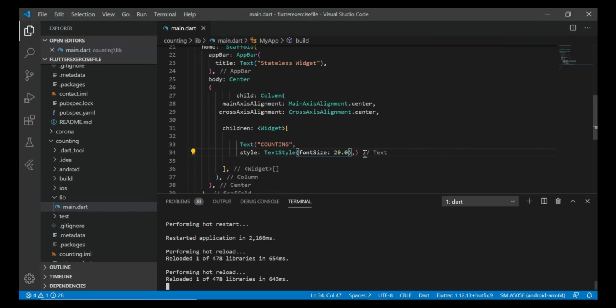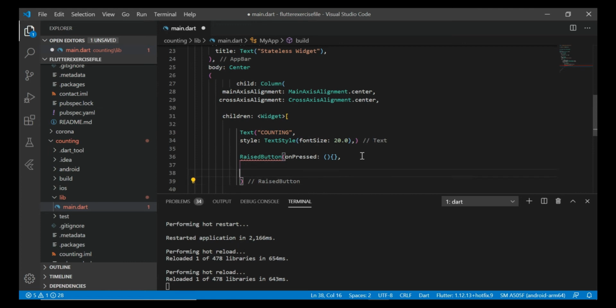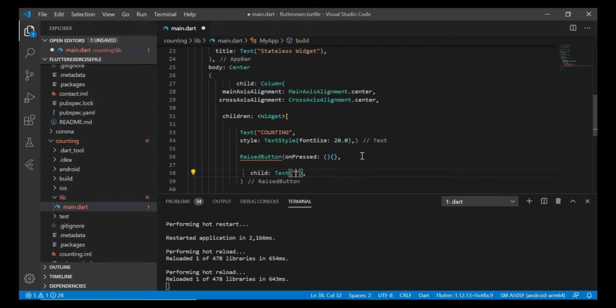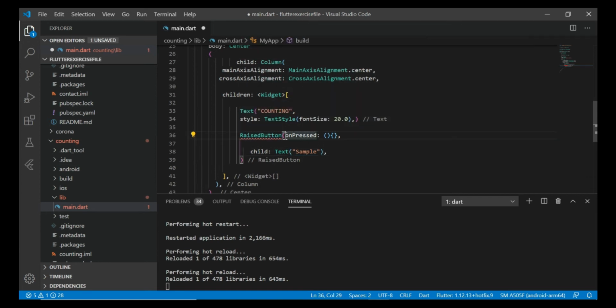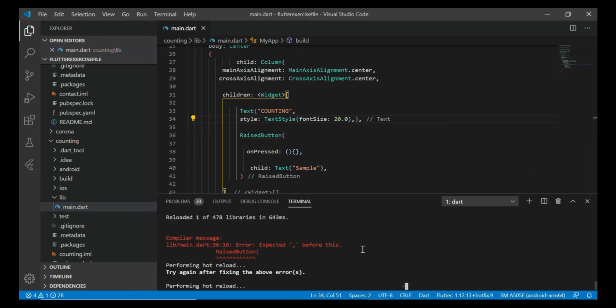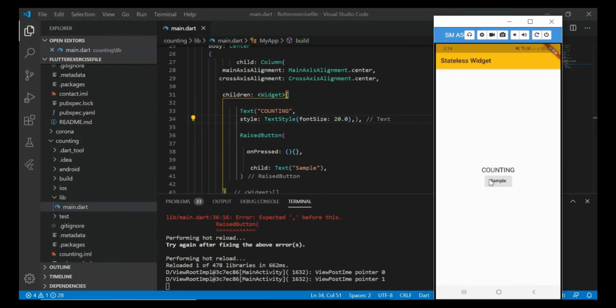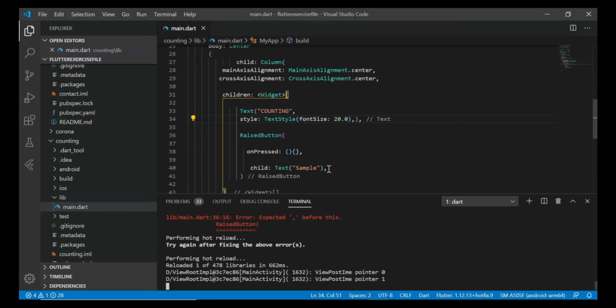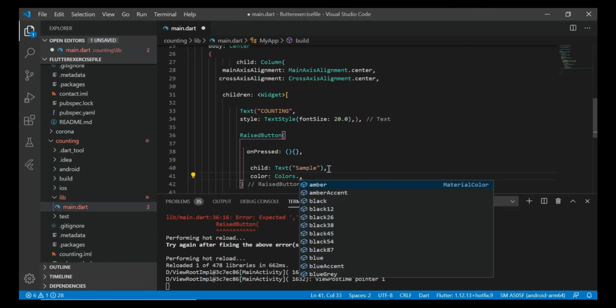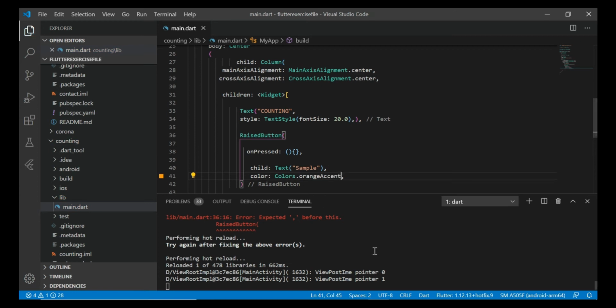That's it. Now I'm going to add a raised button here, and I'm writing onPressed like this because I don't want to provide any functionality to this button. In next I'll provide functionality, so just wait. And in this I want a text of sample to appear on this button, like this. Oh, I forgot to add a comma, like this. Let's give a little bit of color to this button. I guess orange is perfect.